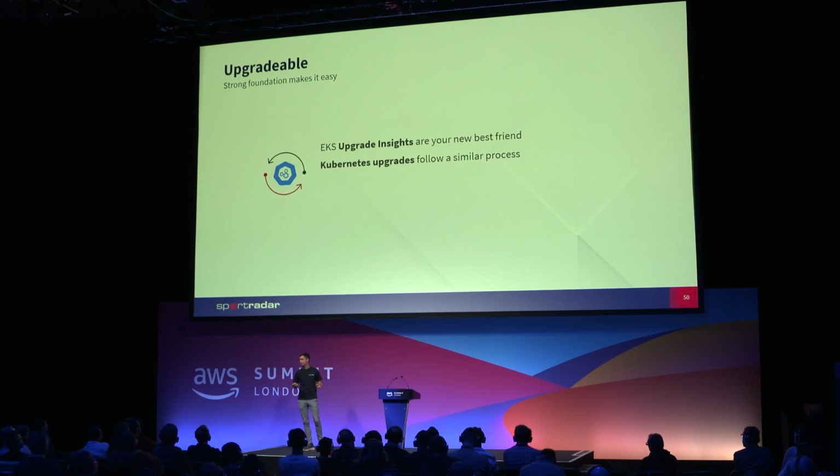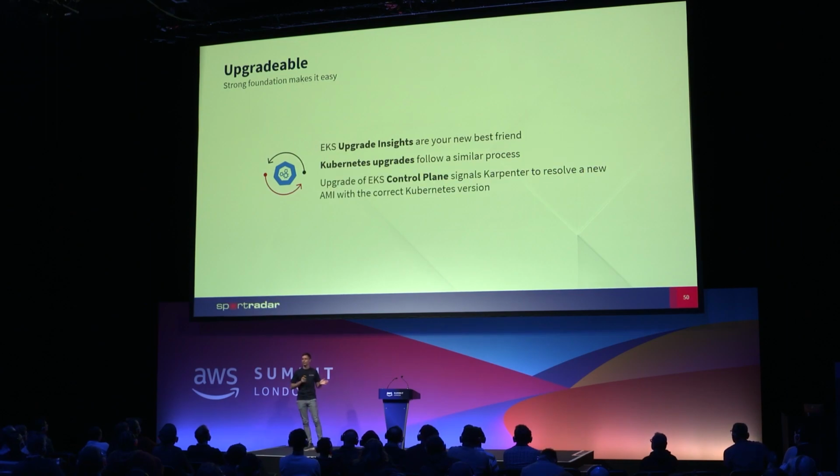Karpenter will take care of everything. The only key difference is you need to upgrade your EKS control plane, and then Karpenter will pick up on the change and will slowly start replacing all of your nodes with the correct AMI, which contains the correct upgraded